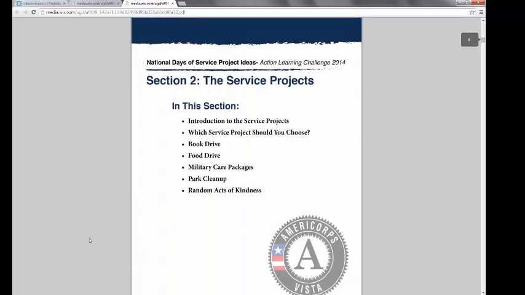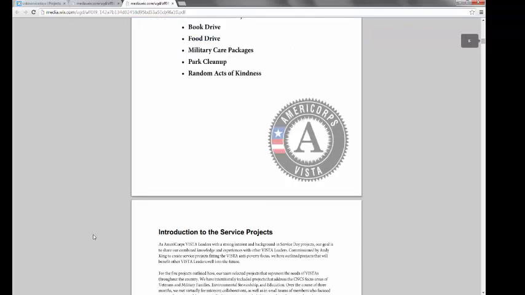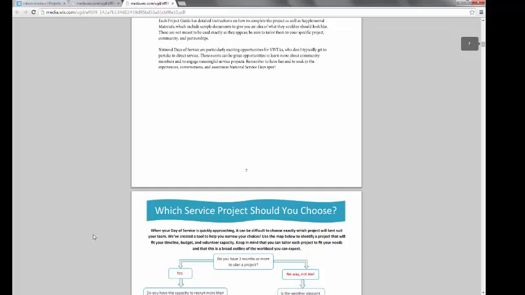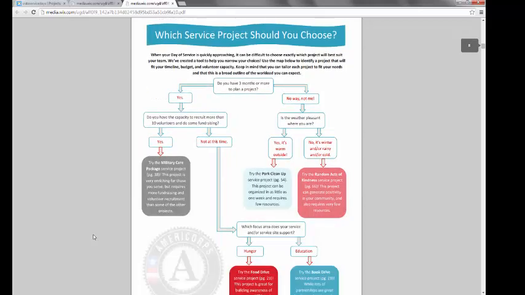And then on page 6, we just have one of our section breaks, which we do for each of the 3 sections, and this goes into the service projects, and that's where the bulk of our project lies. The introduction to the service project, which is on page 7, is going to address the challenge and give an overview of the adaptability of our projects and why we chose the ones we did. Following that, on page 8, we have a neat little tool to help you decide which project is right for you based on available resources such as time, money, and people.